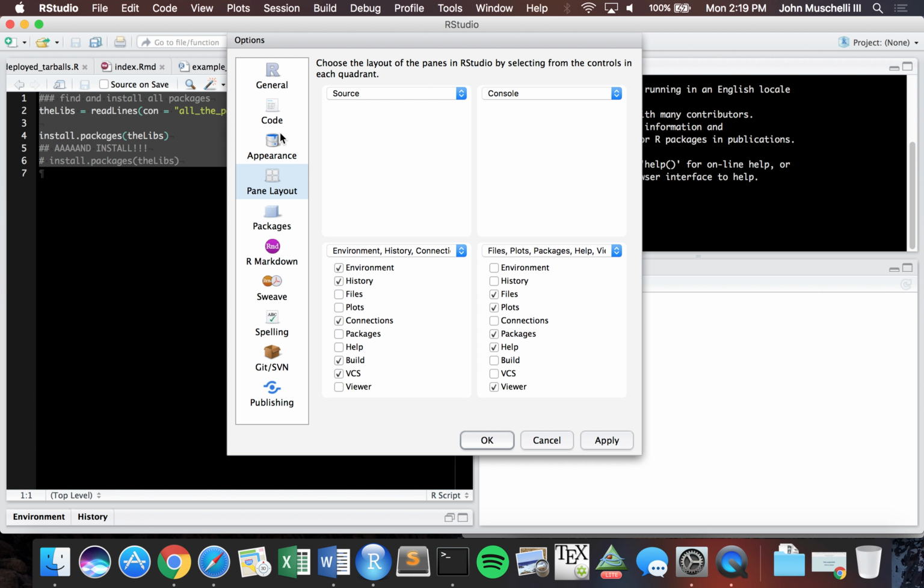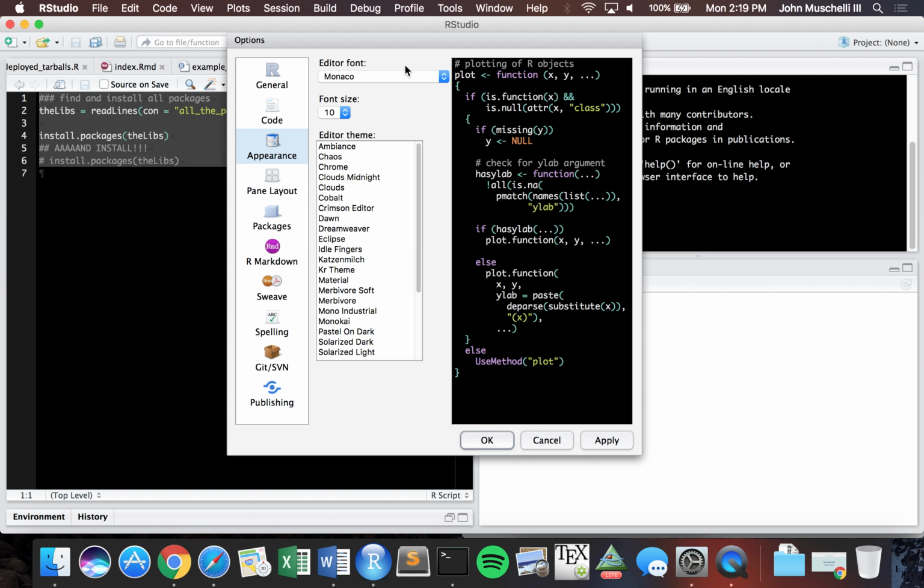And I will say you want to look at pane layout and appearance. So the editor font, I believe this is the default font on Mac. I don't believe this font, Monaco, is installed by default on Windows, so I don't think you can use it. But I do remember the default font in Windows is not particularly good at differentiating, I forget which letters, like an L and an I. Lowercase O's and uppercase O's were not very clearly delineated. So you might want to change some of the fonts,